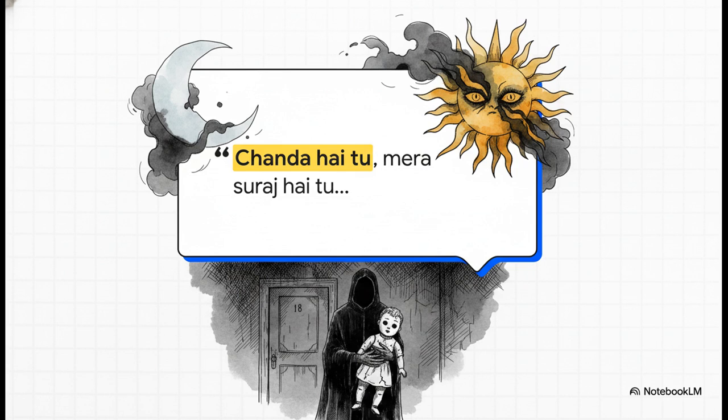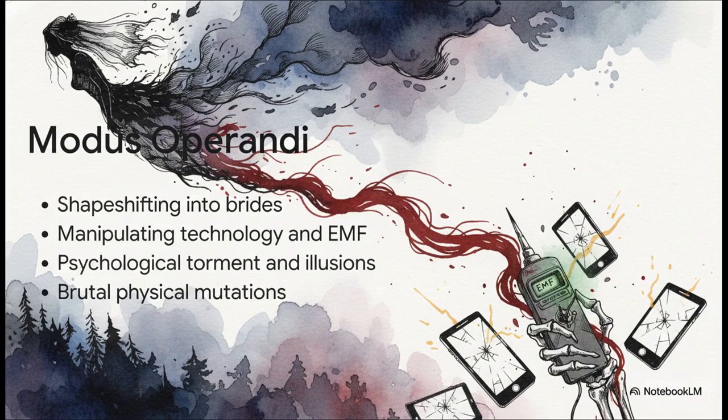That right there is a masterclass in psychological terror. It uses the exact things that should make us feel safe to make us feel hunted instead. So how do these things actually execute this terror? What's their modus operandi? Well, the Vrinkas in the forest shapeshifts into a beautiful bride, luring campers in with the